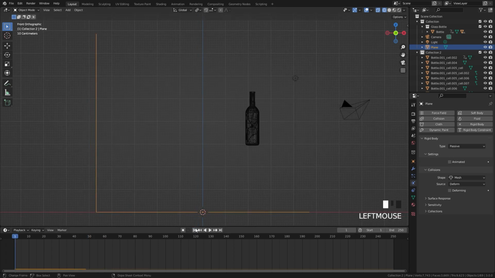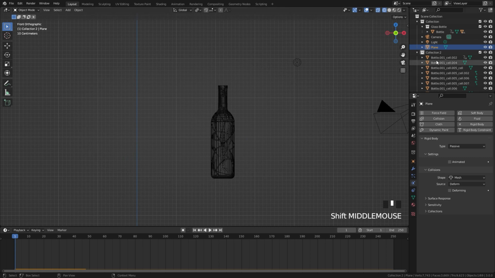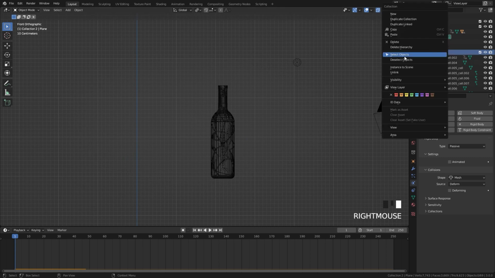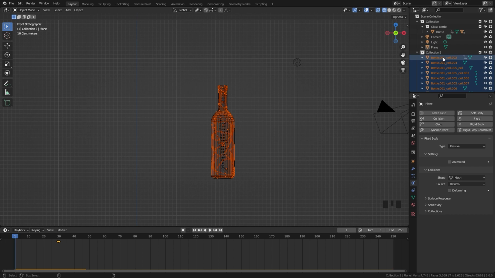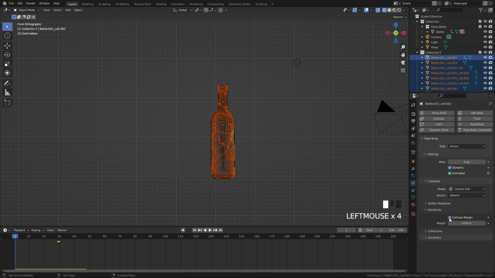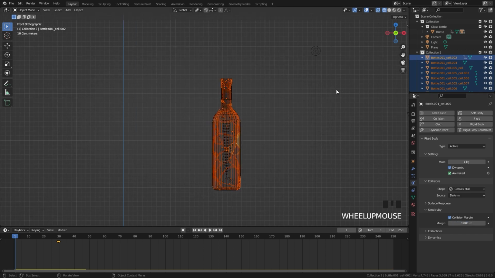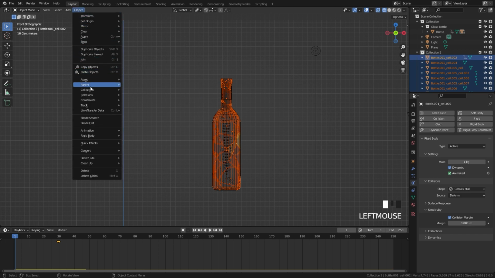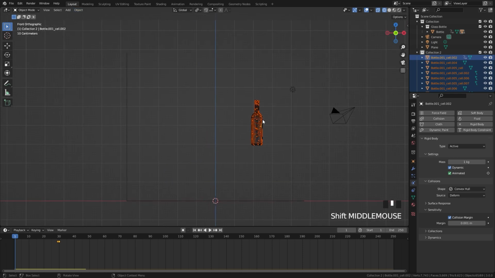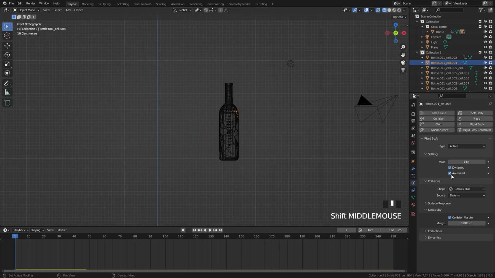Now let's go ahead and apply the rigid body to the rest of the objects. I'm going to select this collection, right click and go select objects, and then holding Control I will select the top one right there which has the rigid body right here. Underneath the sensitivity I'm also going to turn on collision margin. Let's go with a value of 0.001 and enter, just so it doesn't collide with any of the other pieces. Then what we can do is go over to object, down to rigid body, and then click on copy from active. Now every single piece should have that rigid body applied, but as you can see it doesn't apply the